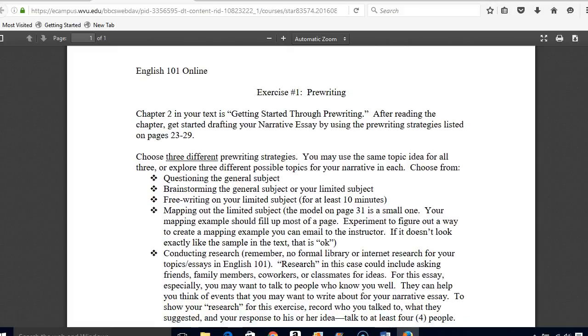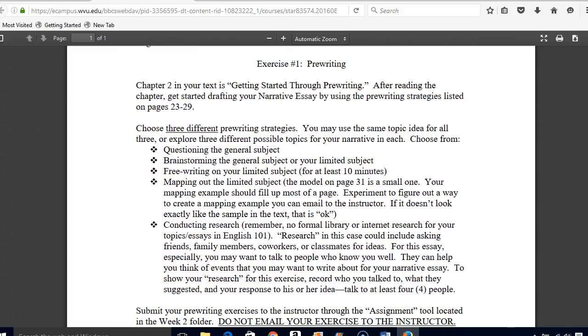So the goal of pre-writing, if you've read chapter 2, is both to discover topic ideas and to start developing material for your essay, material for your story in this case, but in later essays, points that are going to be discussed. Also, you can figure out organization, basically everything that you need to do before you sit down to write the